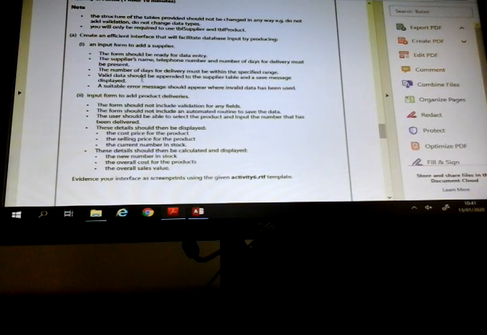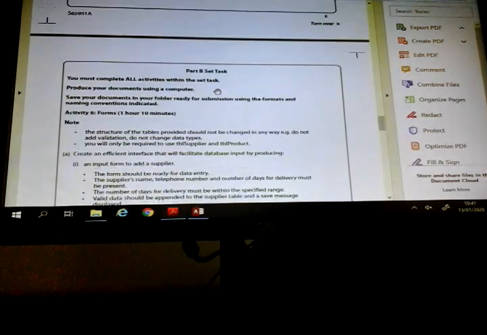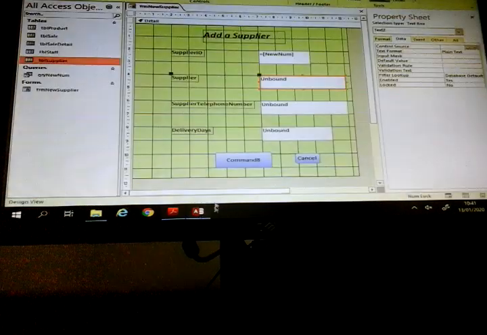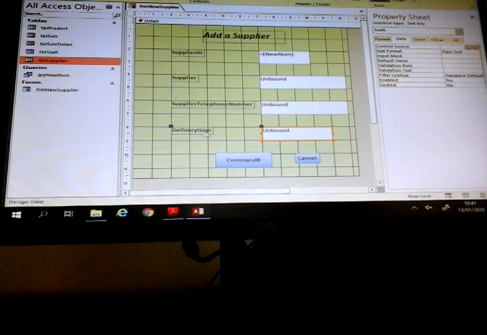Now, it says here the form should be ready for data entry. The supplier's name, telephone number, number of days must be present. Okay, so we've done that, and it says here that the number of days for delivery must be in the specified range. Now, what is the specified range? Well, if we look up, you'll see that it says suppliers can take 1 to 5 days to deliver products. Okay? So, if I go back here, and I go to delivery days,